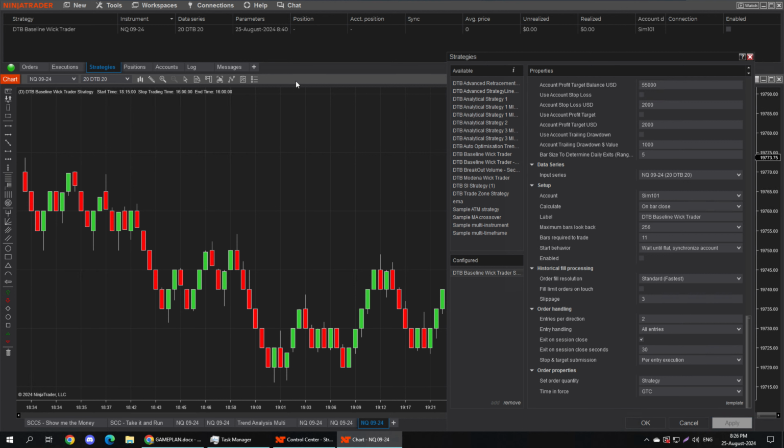Yeah, so the buttons go away. So if you deactivate the strategy to change settings and then you reactivate it, then the buttons will come back. So that's that one. And you're also going to see that